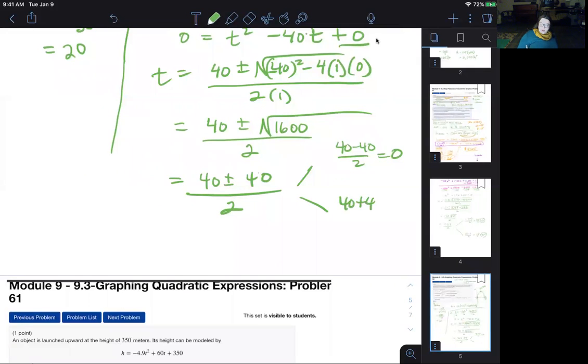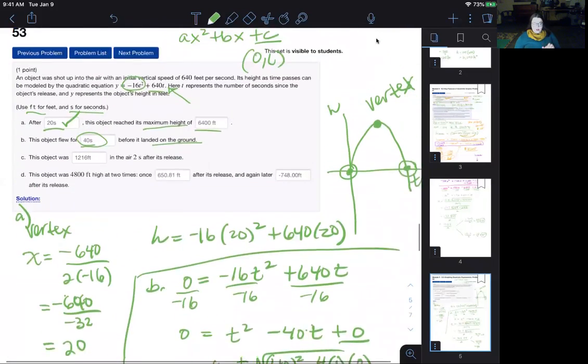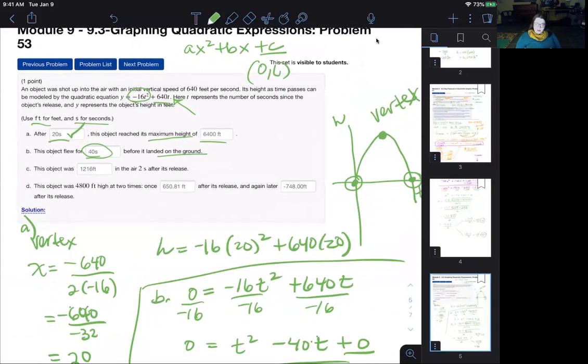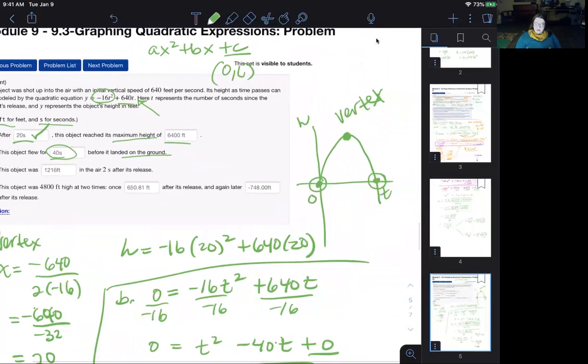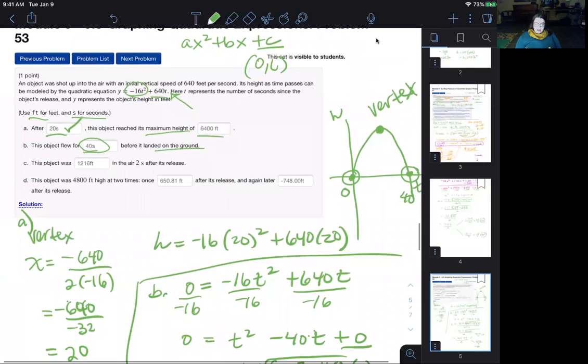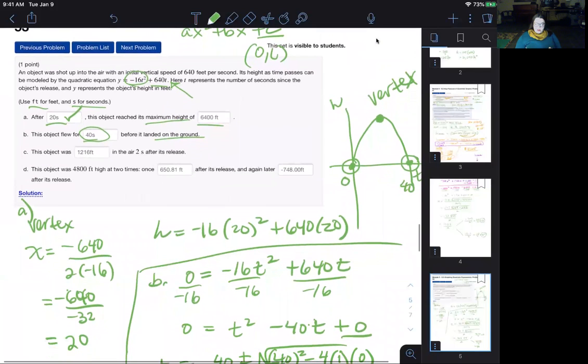40 plus 40 over 2 is 80, which is where you get the 40 from. So that one is correct. Here, the object is going to land. It started out at 0. It lands at 40 seconds. And then the object was